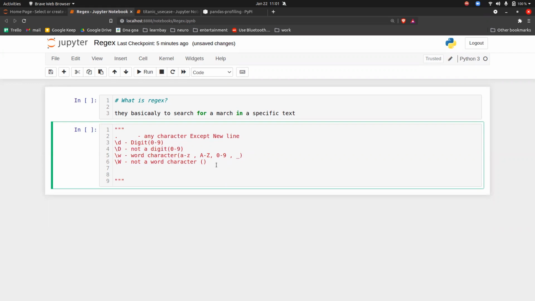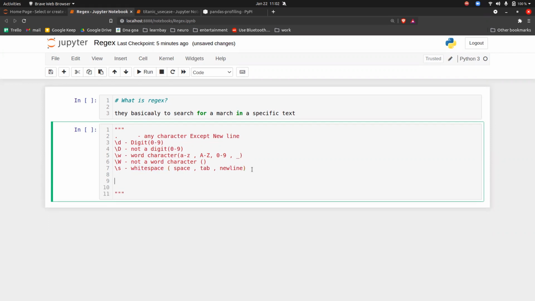Then after /w, we have something called /s. What /s will do, of course small s, is extract all the white spaces. And what is a white space? Nothing but space. Let's take space, let's take tab, let's take new line. Okay, white space.